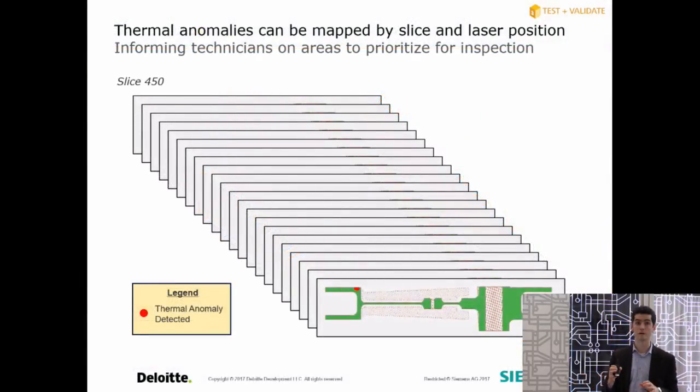All right, so around in situ monitoring, one particular area that's relevant for metal additive manufacturing is being able to track thermal sensing data. So it's sort of monitoring the melt pool on individual layers of your print. One idea of how this could work, utilizing some of the data that we got from our NX-AM module during the build tray configuration, is by tracking down to the rastering path on an individual layer and having sensing capabilities that can detect anomalies down to that laser position on a particular layer,